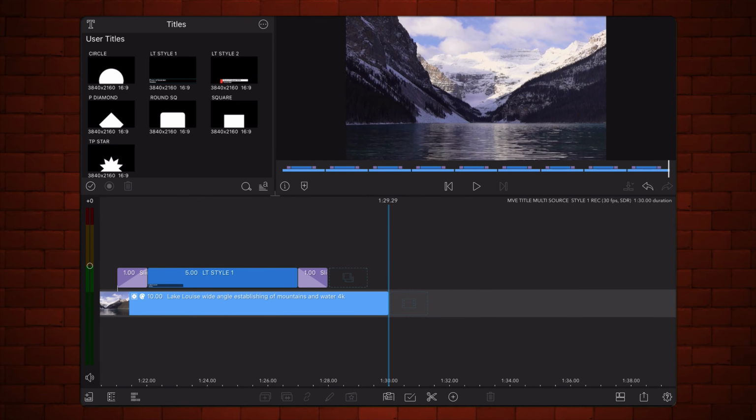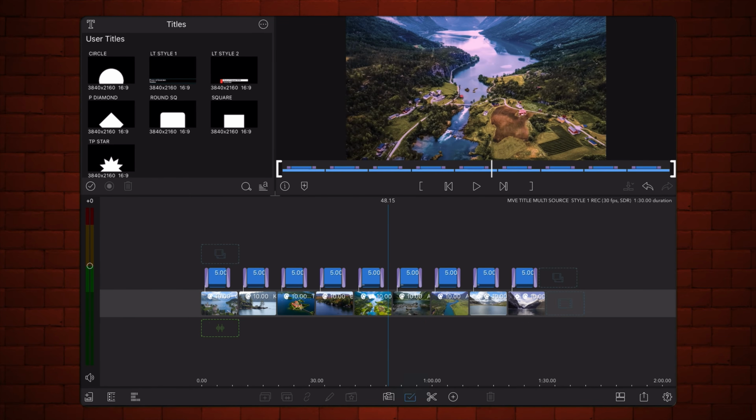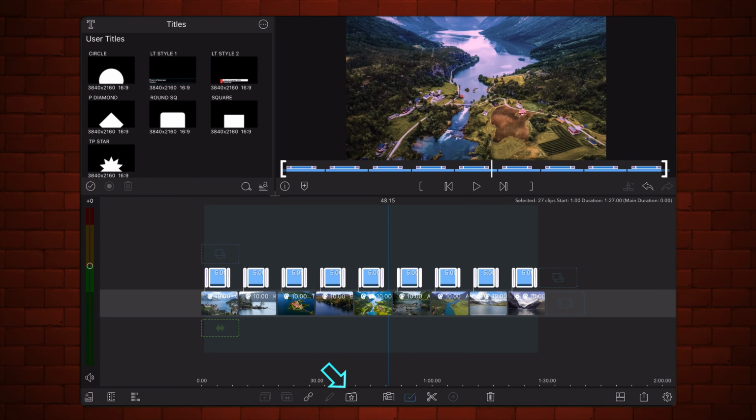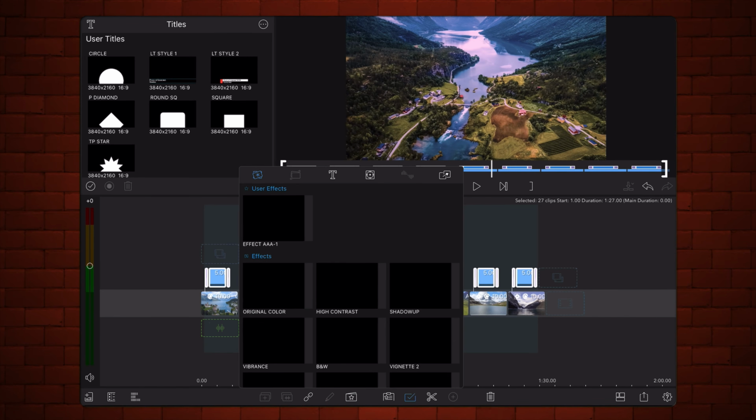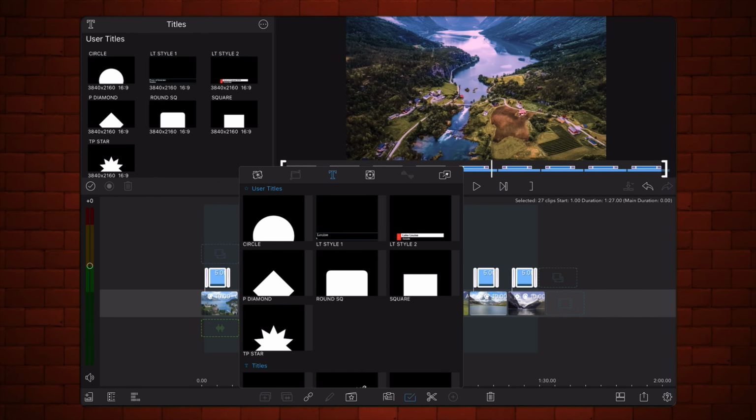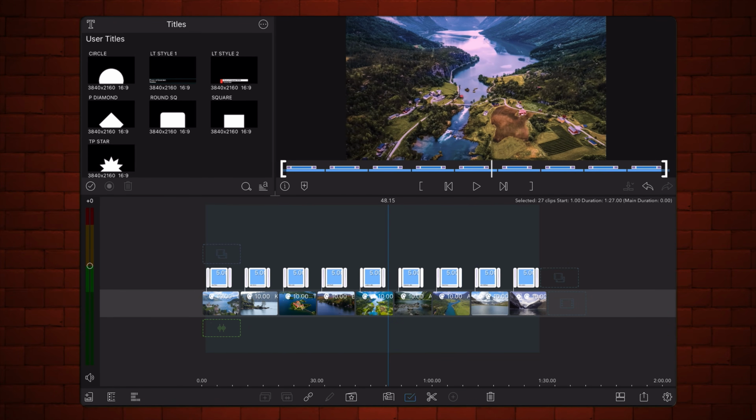Multi-select all the lower thirds in your project. It will select the in and out transitions as well, and that's fine. Tap on the Presets button on the bottom toolbar. Select the Titles tab. Locate the user title that you just created, containing the new lower third style. Tap on it once. Click the X to exit, and select the Multi-select option,